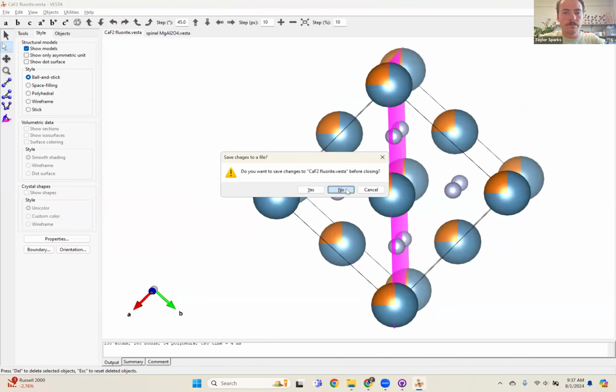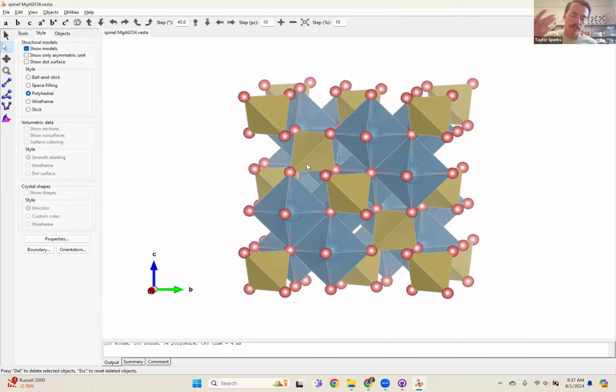Close this one. So now in the spinel structure, you guys might be familiar with the spinel crystal structure, that it is made up of a mixture of tetrahedral sites and octahedral sites. And I remember in grad school when I learned about this, one of the experts in this area, a lady named Nicholas Spalding, was teaching about the structure, and she said the octahedral sites are edge shared, right? So you've got these octahedra,